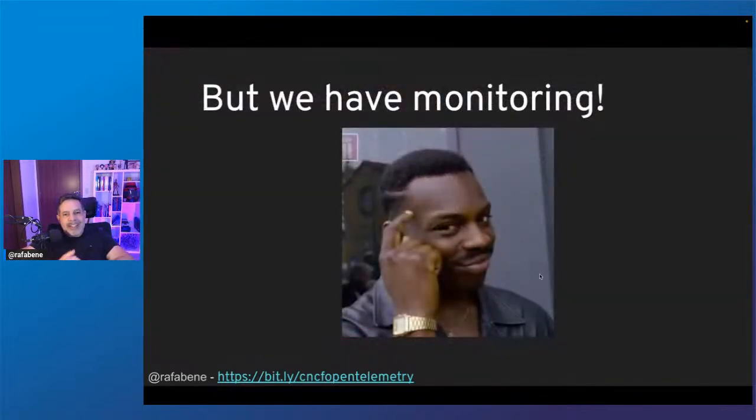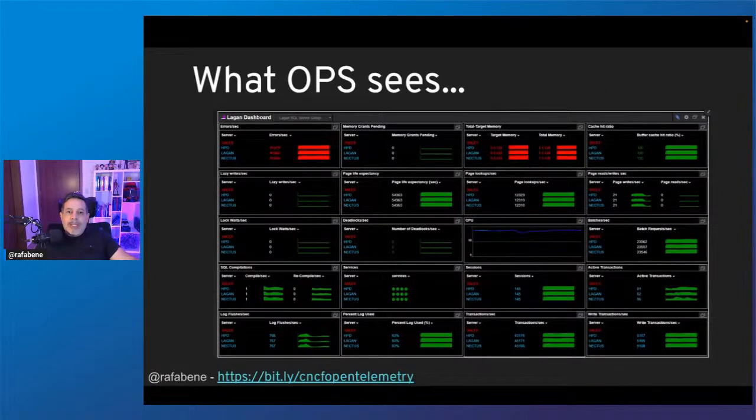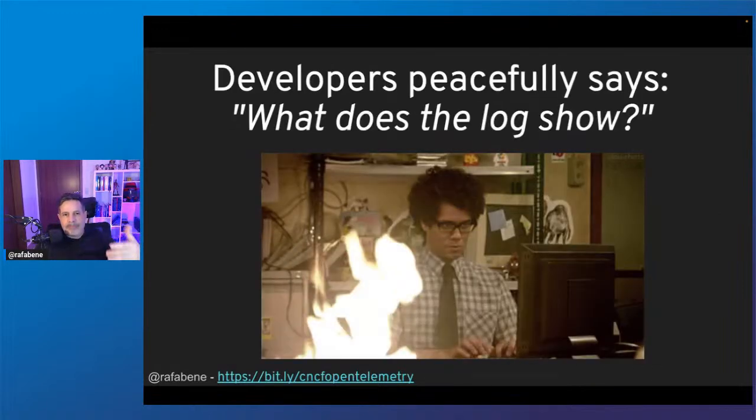But some things never changed. The ops people say it's not an issue. We have monitoring. We know that the website was down. But what the operations people see is just a red light on their monitoring screen. And let's be honest, a red light does not help anything unless we become aware that the website was down, right? It does not help to recover from a disaster, to recover from a bug.